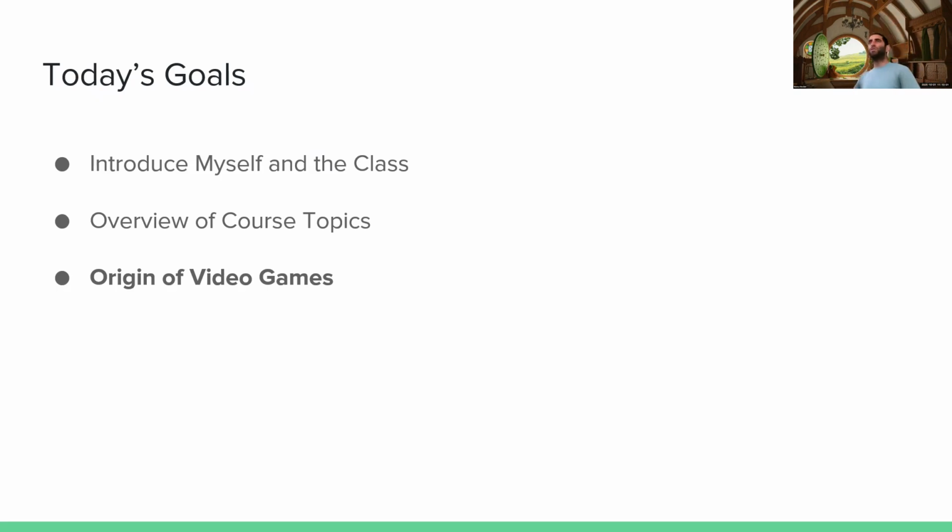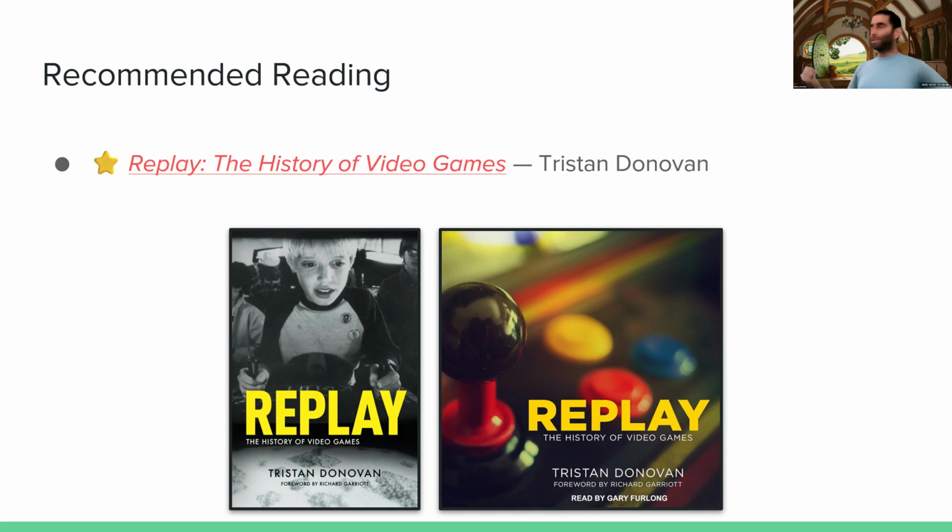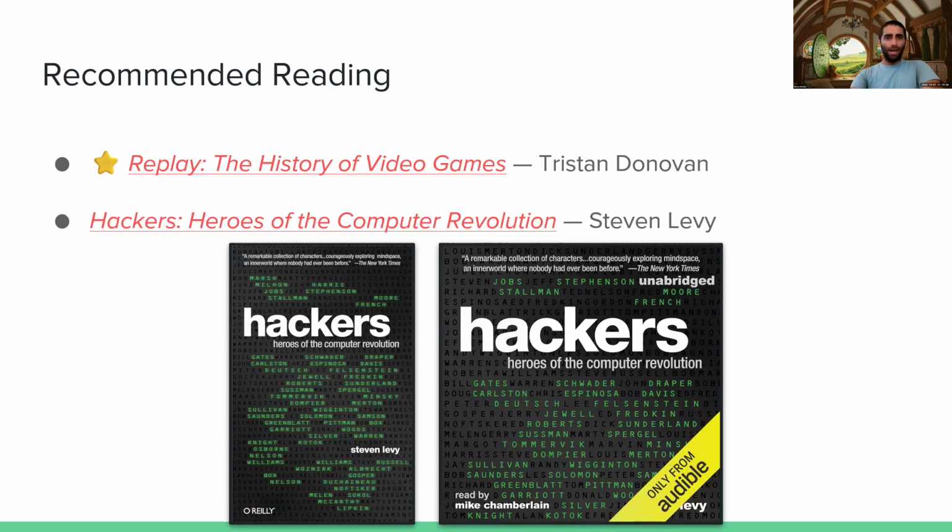So today we're going to talk about the super, super early days of video games. Recommended reading for this section, I think this book is my favorite on this topic. It's called Replay. What's interesting about it is he doesn't necessarily go into the most popular games. He goes into the most historically important games, like the first of its kind in a given genre or in a given historical setting. So really cool book. Highly recommend.